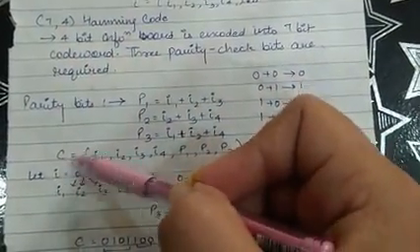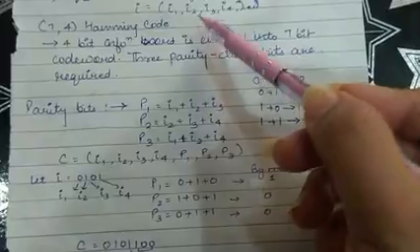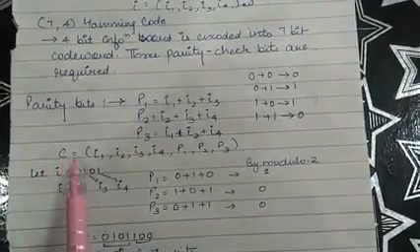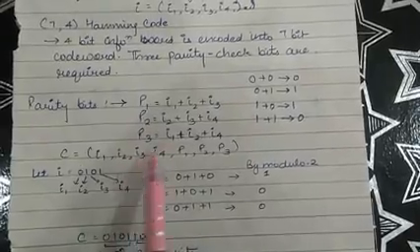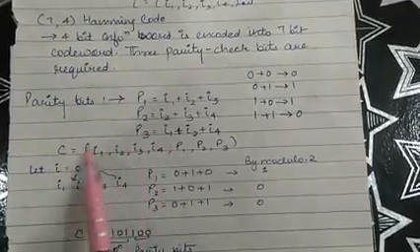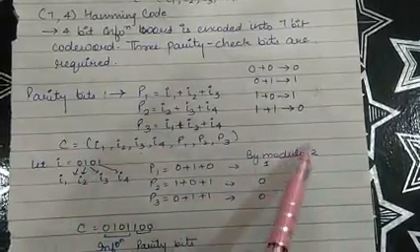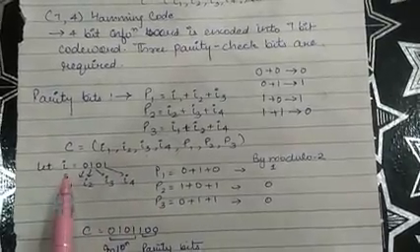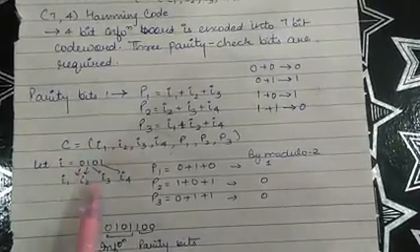If I say that 7 is the code word length, I can write C is equal to I1, I2, I3, I4, P1, P2, P3, and the combination of this will make a code word. The code word is the formation of information bits and parity bits, and these should be in a systematic way. That means first the information bits are written, then we write the parity bits. Using this modulo 2 we can find the parities. Let's suppose I is equal to 0101, this is the information code which is given.